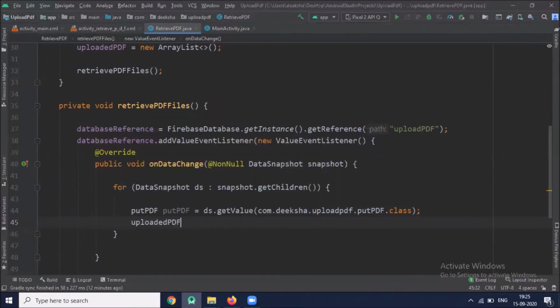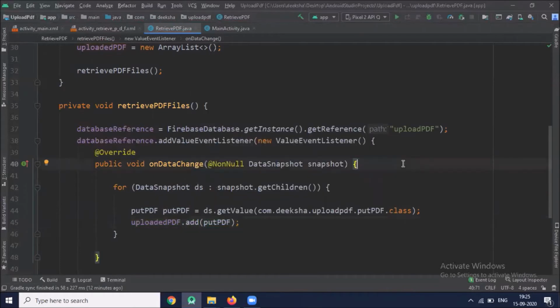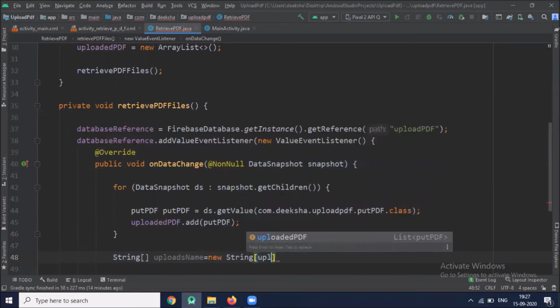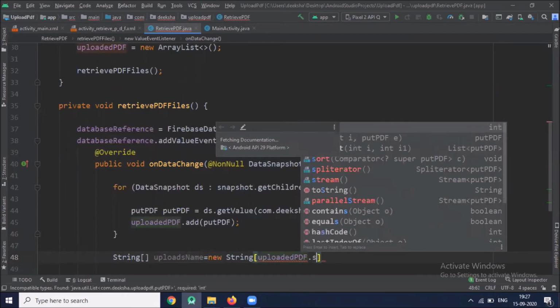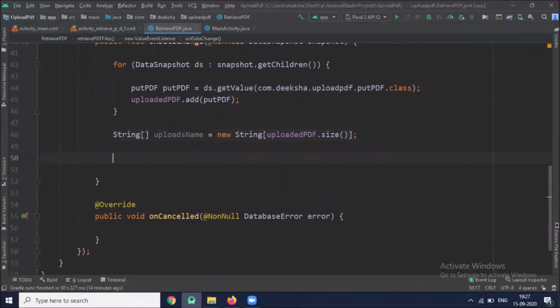Now add this data inside a list. Now outside this for loop, we create one array of type string. Now we create one for loop that will help us to fetch the name of the PDF file.